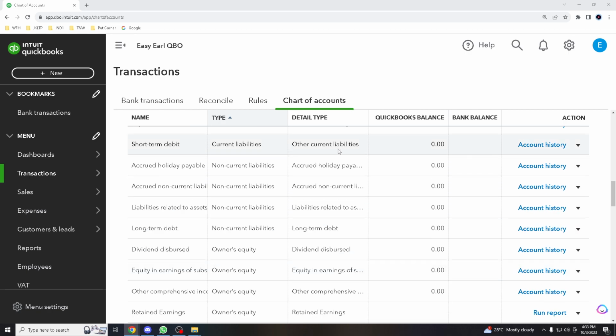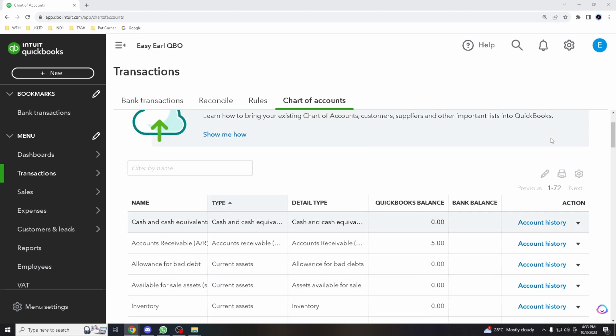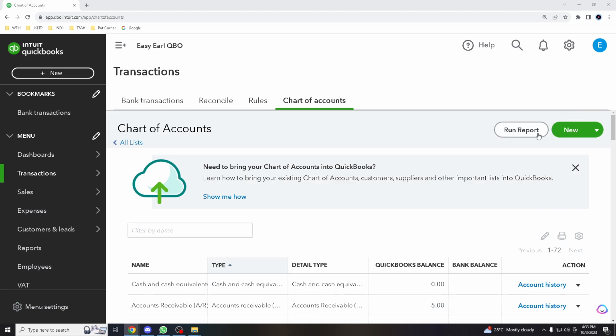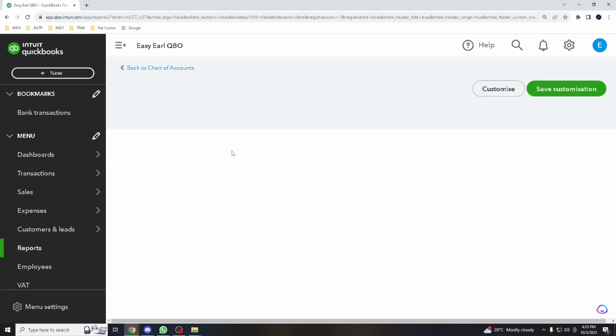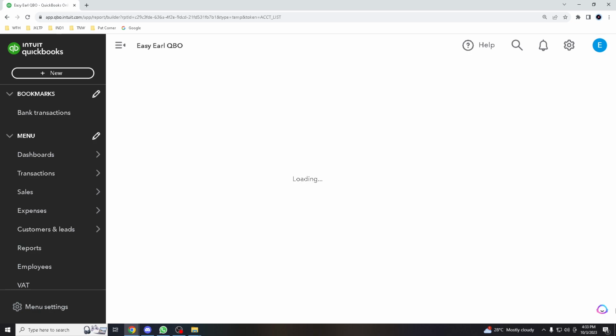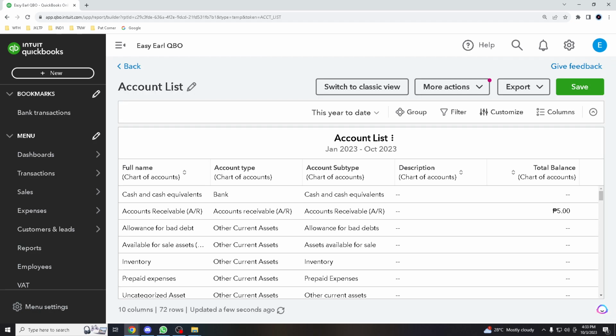And so let's say in this one, after choosing the type, you can click on run report. It'll take a little while to load. All right. Now, when you are there,